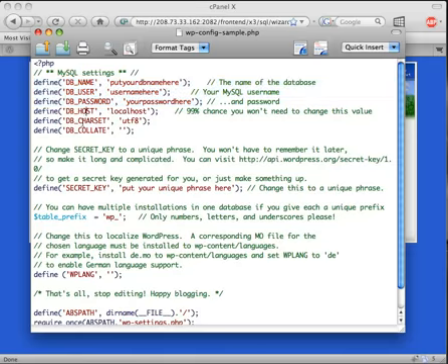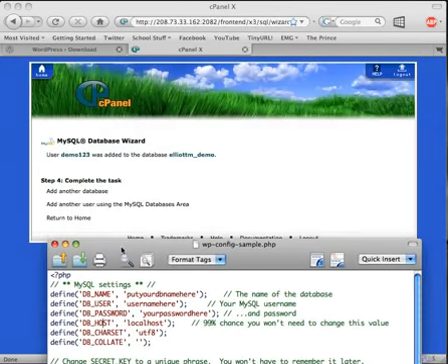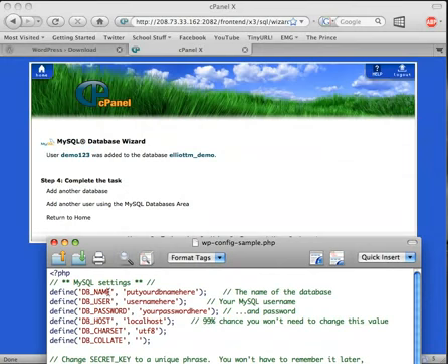These three you don't normally have to worry about. So basically, this is going to link the other WordPress files to this database that we created, so we need to put that information here. So the database name is elliottm